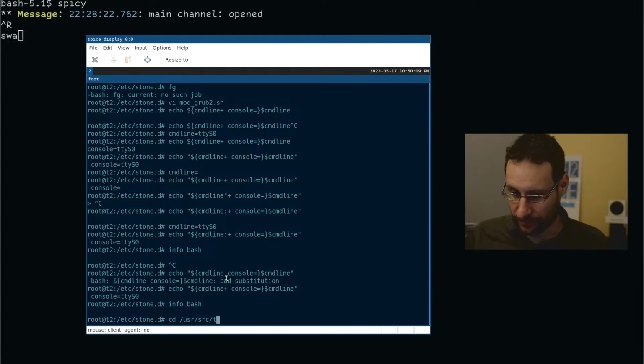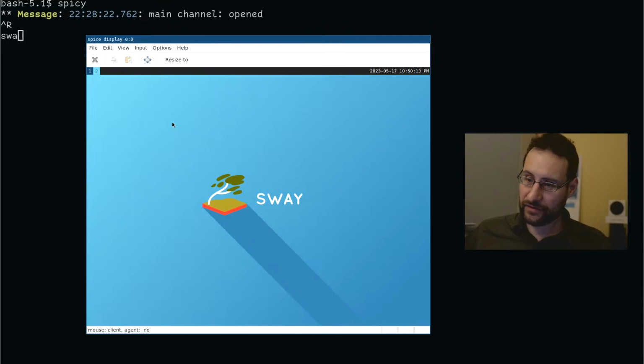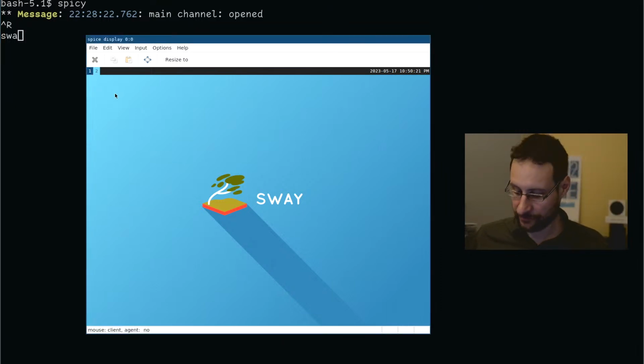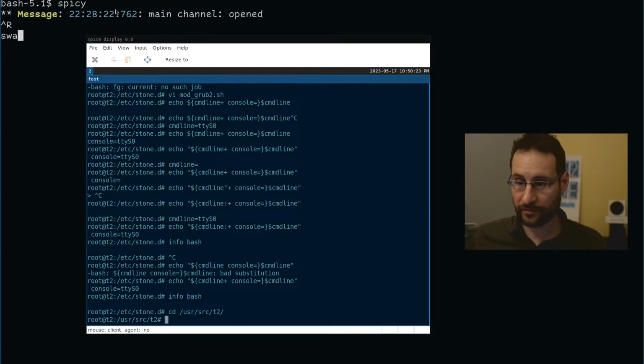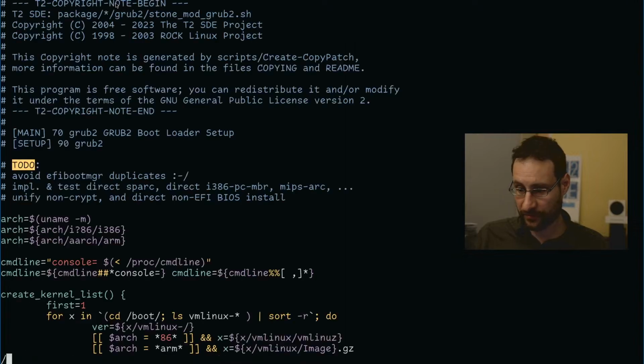In any case, I forgot the colon there. Where do we do this? Okay, let's do that here. Oops. You can't click here. That's the best Wayland compositor stuff that you maybe can only operate with the keyboard. Who cares? Just the right stuff for us. So that was the grub2 stone mod grub2 command line.